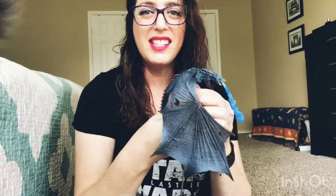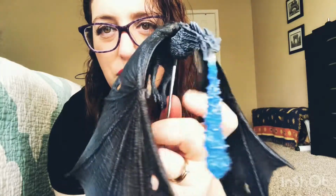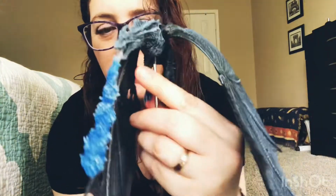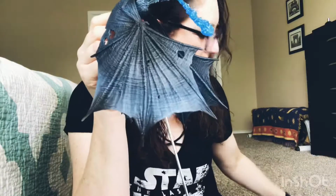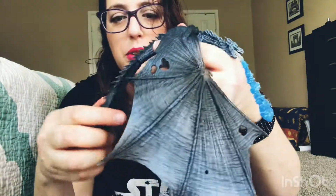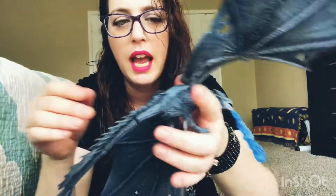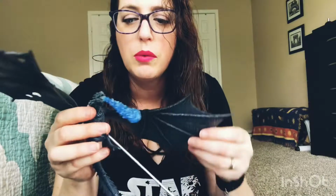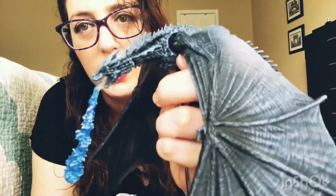Anyways, this is one of the coolest things I've ever had. It's actually an action figure. It's Viserion from Game of Thrones, the ice dragon, and it's articulated. He comes with this little stand, so I have him up on my bookshelf here. At first I thought he was a resin figure, but no, he's plastic and he moves. You can move his tail around, you can move his wings, you can pose his head, which is really cool because you can get him in the position that you like. He does have a pretty big wingspan, so I keep it folded down. But the detail on this is just